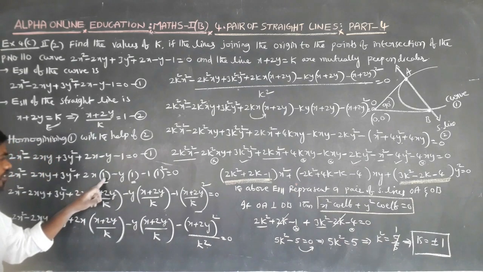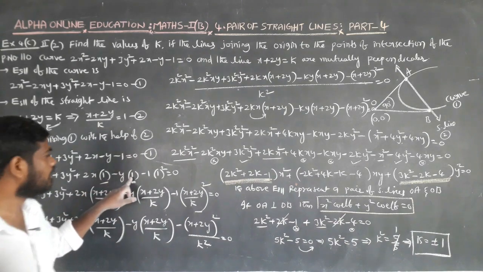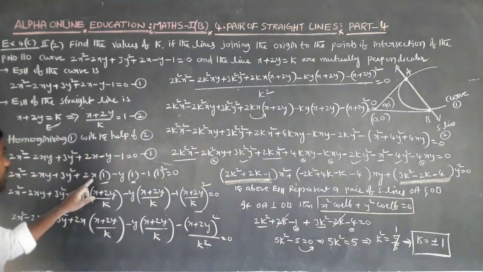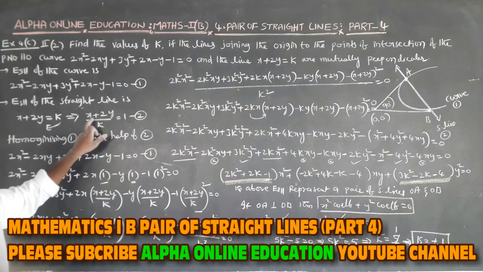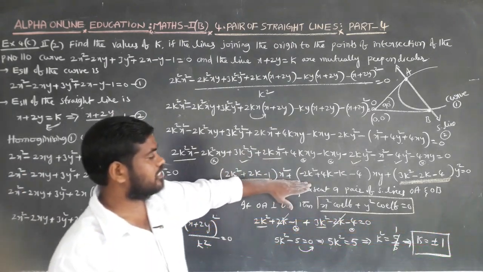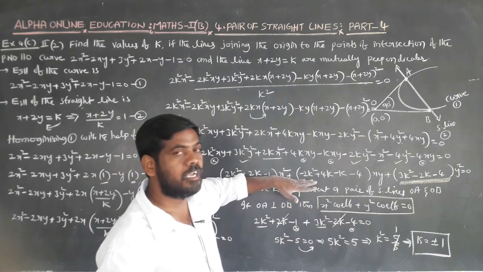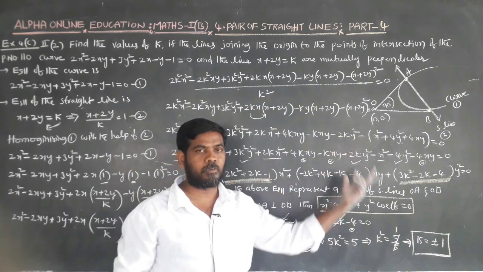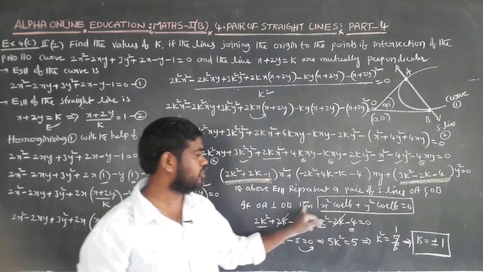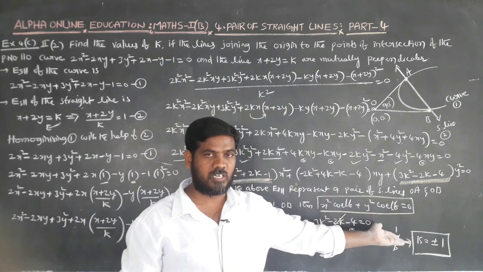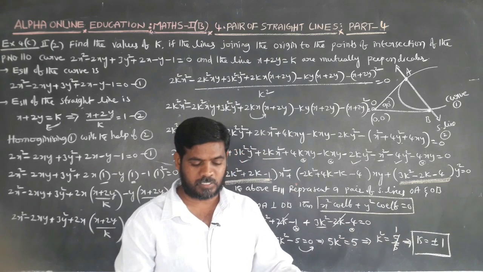Here always write down x term into 1, y term into 1, constant into 1 square. 1 is equal to substitute x plus 2y by k, and simplifying, this is the equation representing a pair of straight lines OA and OB. Here two lines are perpendicular means x square coefficient plus y square coefficient equal to 0. Find the value of k. Here k is equal to plus or minus 1.